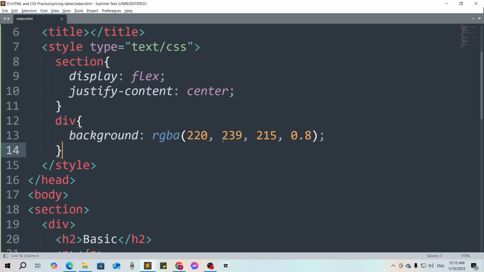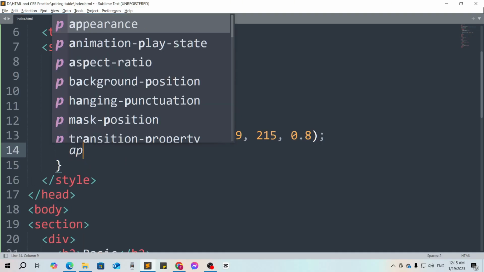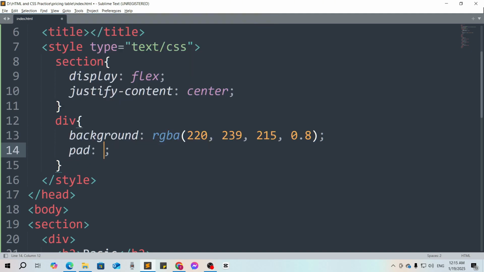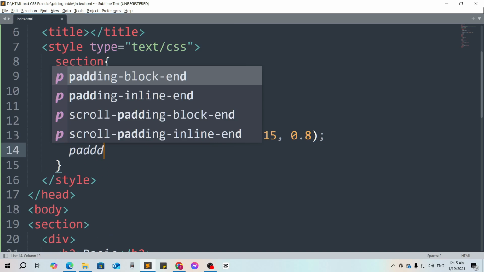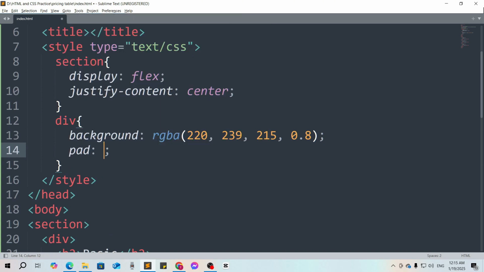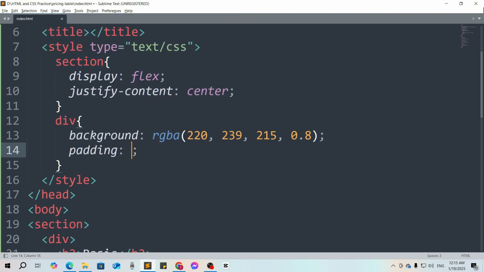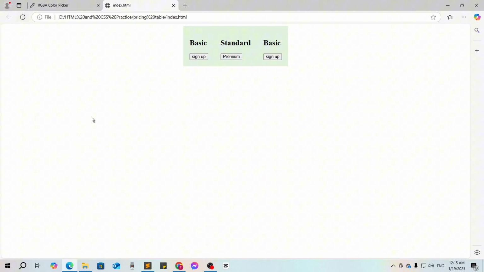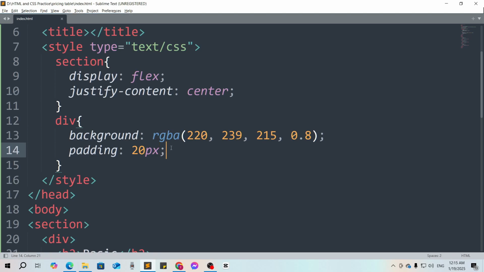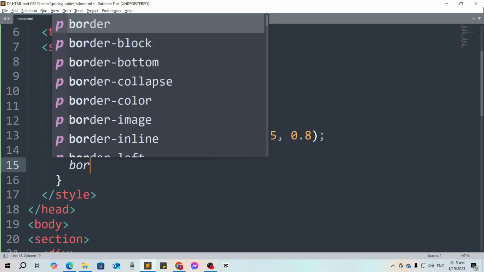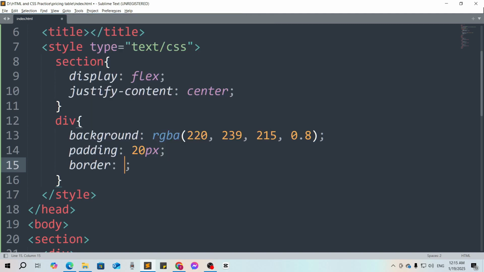And let's say I want to add some padding here, and the padding should be padding. What is happening? Padding, yes, padding should be 20 pixel, let's say. And now go to the browser, refresh it, and now here you can see, okay, I want to add actually border, yes. So let's say I want to add border, 2 pixel. I want to add 2 pixel solid,